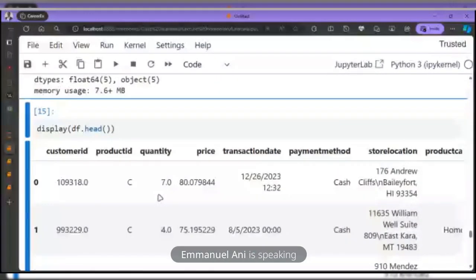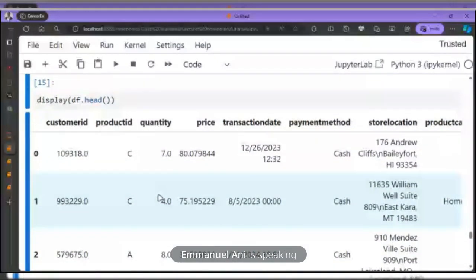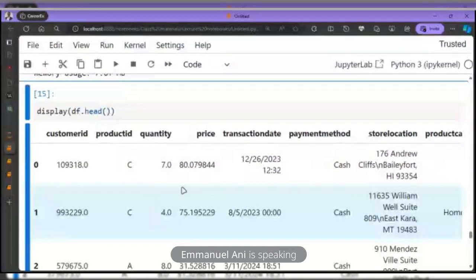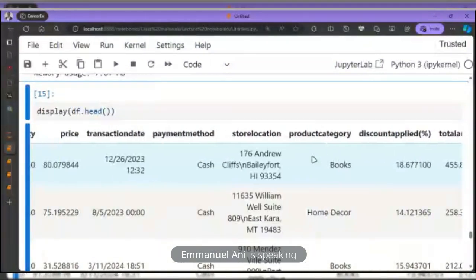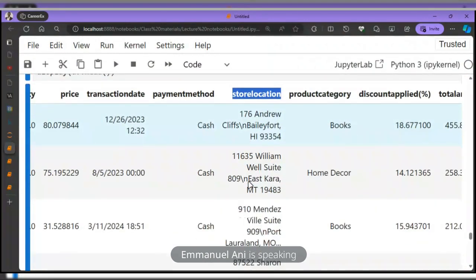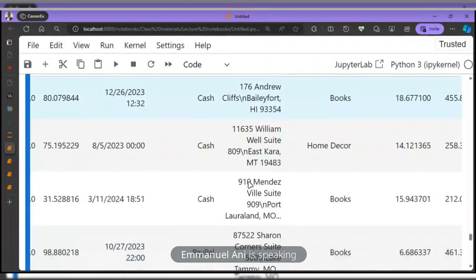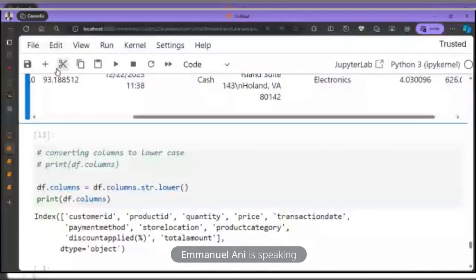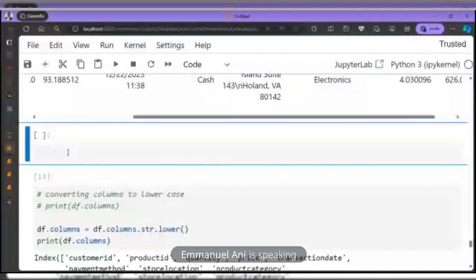All right, so first of all, this is what we have, right? So, assuming I'm working on this data, I saw these variables and realized that this store location, you don't need it for anything. So we don't need this particular variable, so we can easily drop it, right? To just make the whole thing easier, let me drop this store location, dropping